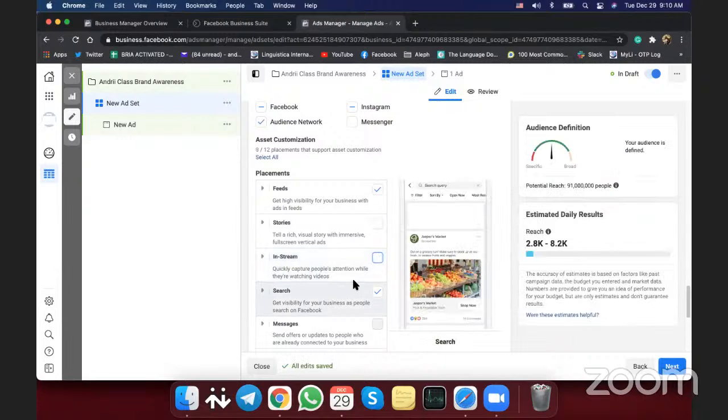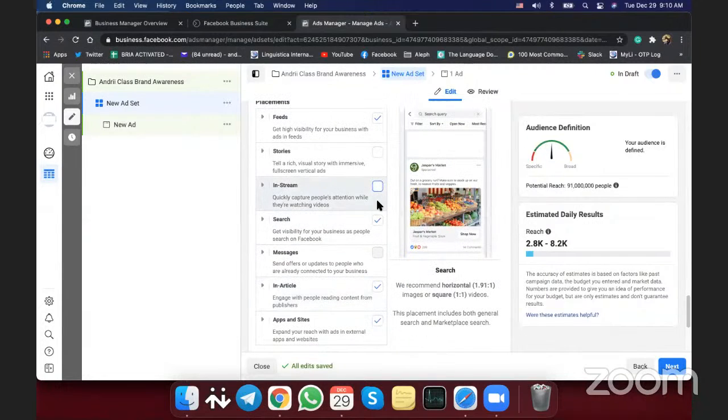We don't need it. On search, I would say one of the most useless things, because I don't think many people are actually searching something like that on Facebook and checking an ad. But you can do it, of course. Why not? Plus, I believe it shows on your marketplace, which could be useful. So if you want to use it,